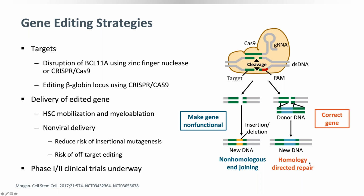That requires homologous recombination, whereas if you want to make the gene non-functional, it can be done using non-homologous end joining as well. The delivery of the edited gene, again, would be by stem cell mobilization, correction, and then myeloablation and delivery again. But there is enough interest now, and there's a lot of work being done to not only,